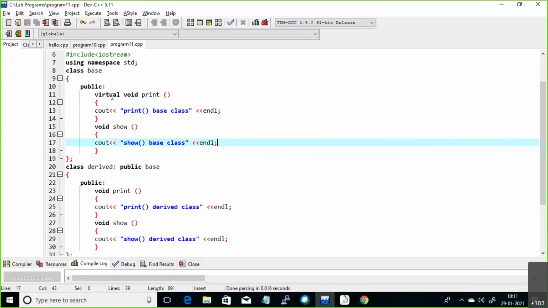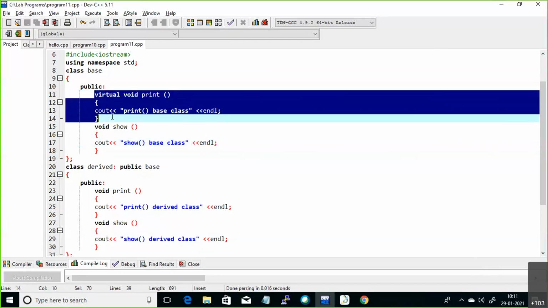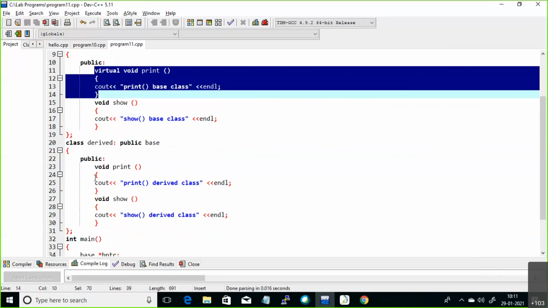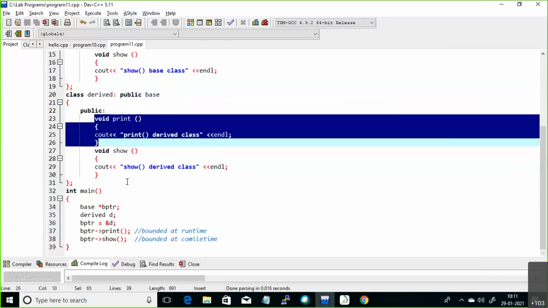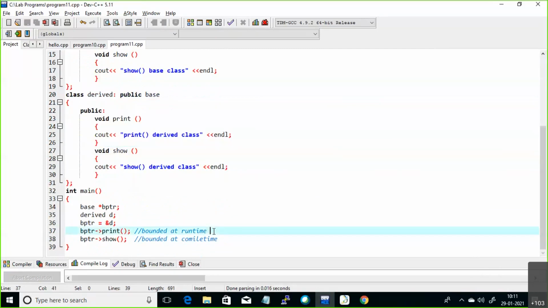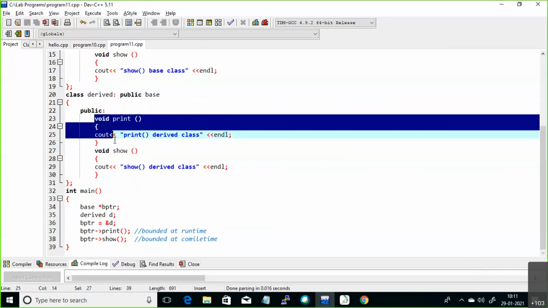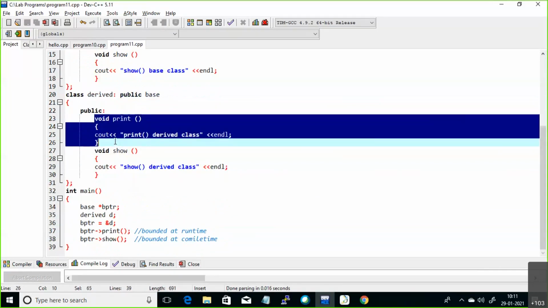Now this particular function, you have overridden here. At the time of running your code, your function call is bound with function definition. This particular function call is now bound with this particular void print function.